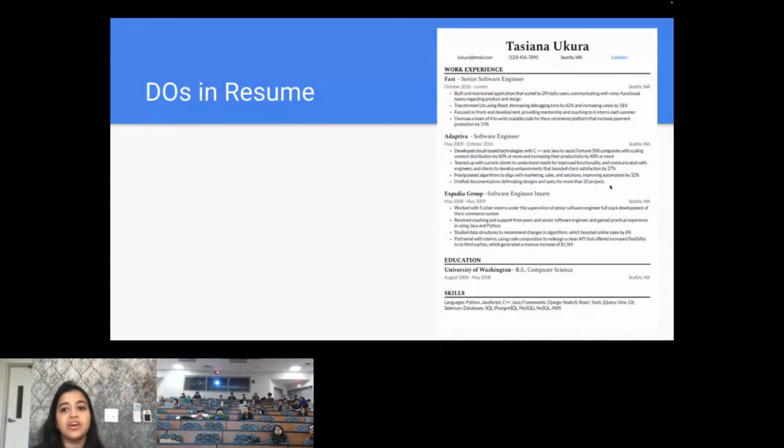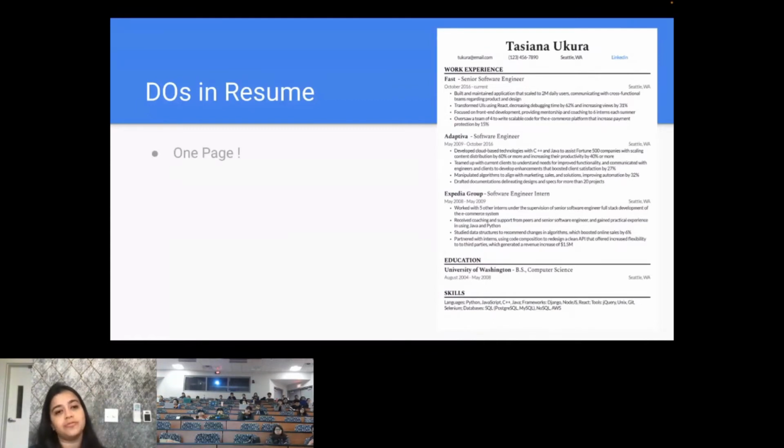And one more thing I really like about this resume is there are a lot of numbers, as you can see. So this tells me the impact. It is not only what you did, it is how it helped. So you have to show the impact of your work. I did a classification model. But so what? You must have done it for a reason, right? So it's very necessary to quantify those things.